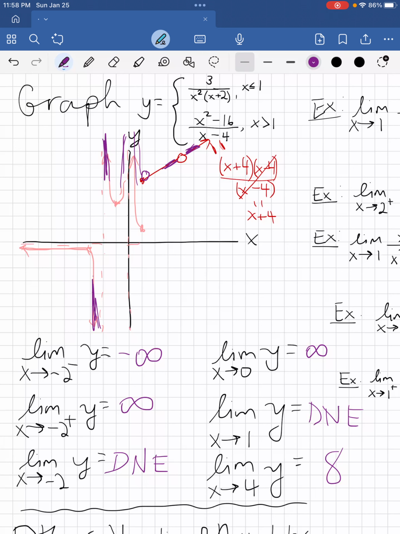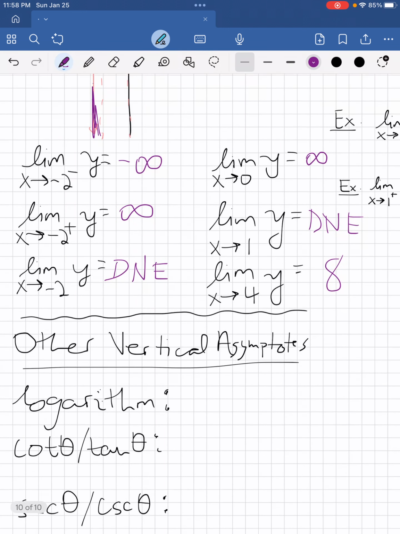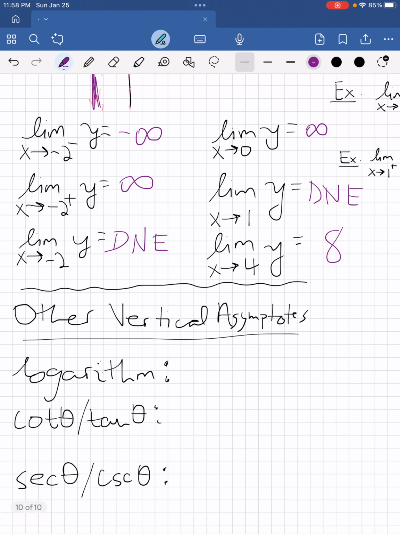And so at this point we've seen that having vertical asymptotes, meaning factors that don't divide out when we simplify in the denominator specifically, result in limits that are infinite. Some other types of functions that have vertical asymptotes that we should be aware of are logarithms, tangents and cotangents, and secants and cosecants. So with logarithms,